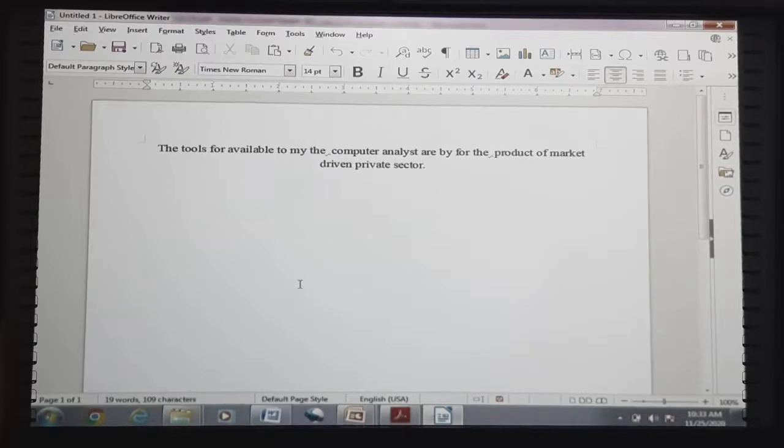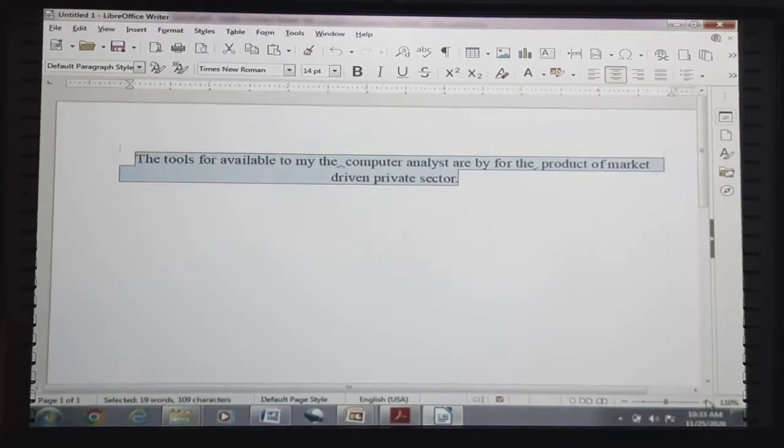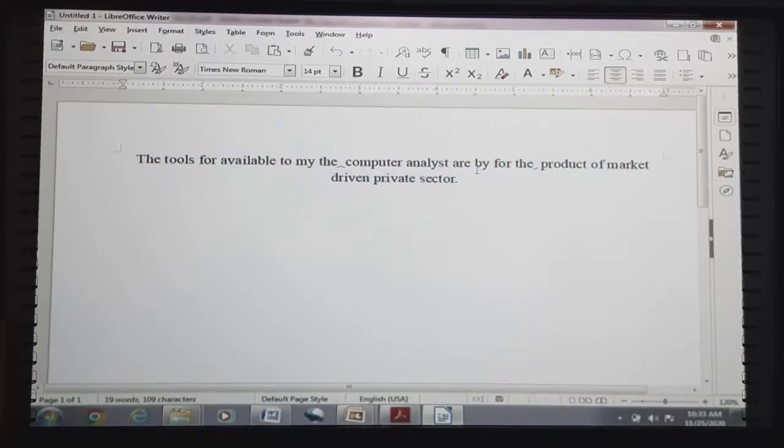As you can see, I have inserted a line into my textual content. You can observe there is a wavy blue line between 'the' and 'computer'. Are you able to see? This wavy line depicts a grammatical error in our sentence.